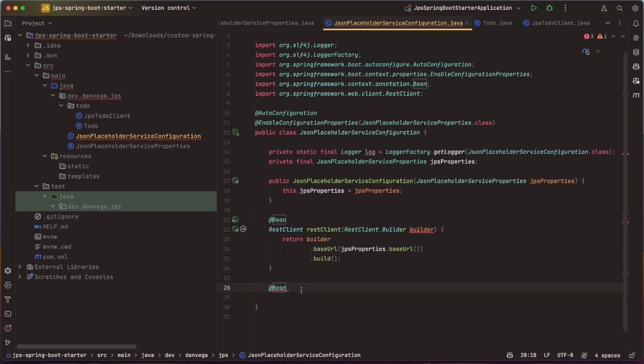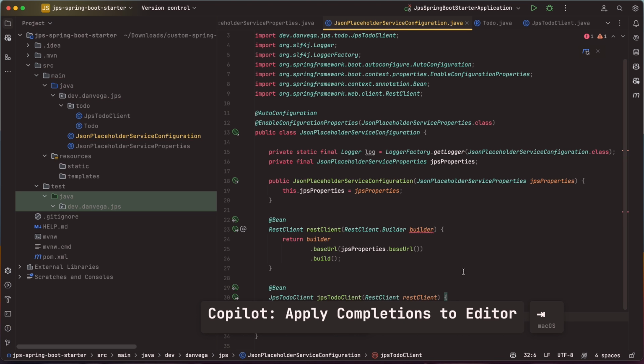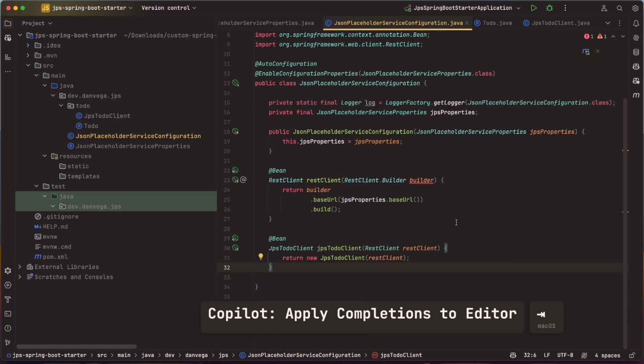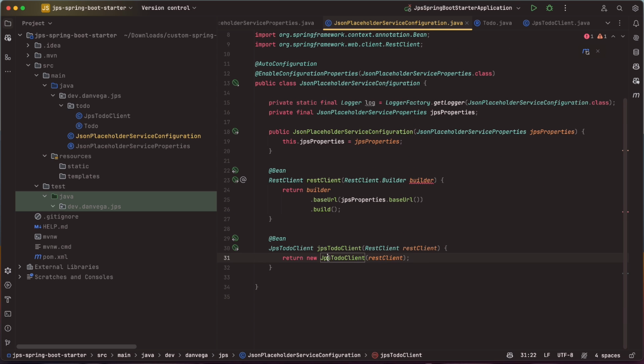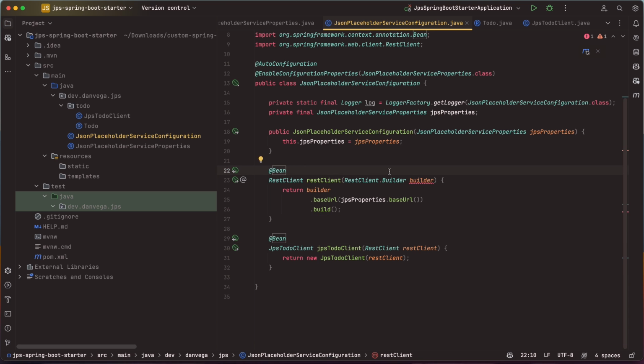Okay, we will fix that in just a second. And then the other thing I want to do is go ahead and create the JPS to do client, which is going to take in a REST client and then return the new JPS to do client. So we're getting some errors here because